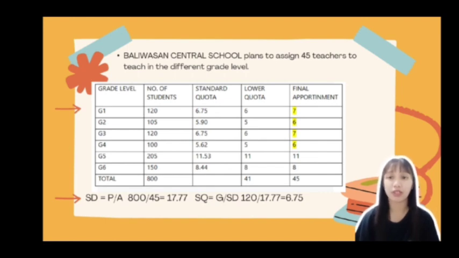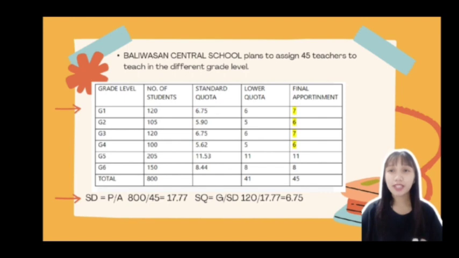After getting the standard quota, we will proceed in getting the lower quota of each grade level. Lower quota is the standard quota rounded down to a whole number. Basically, we'll get the whole numbers from the SQ, and that will be our lower quota. So the total of the lower quota is 41,